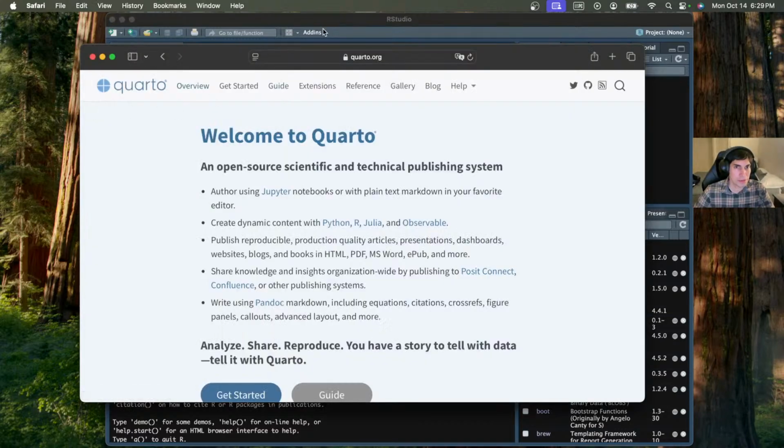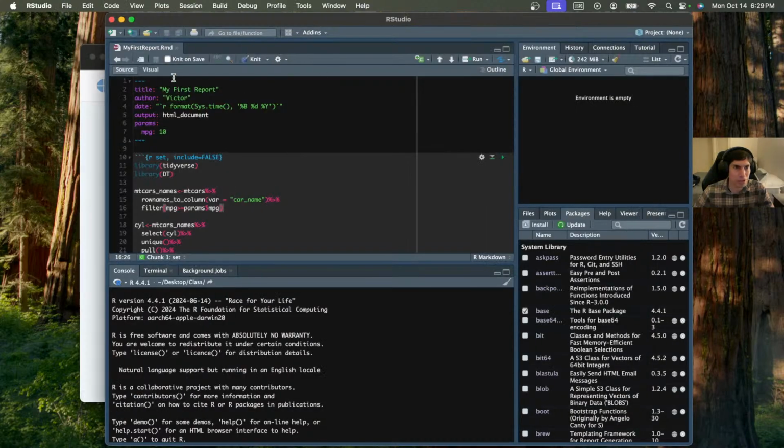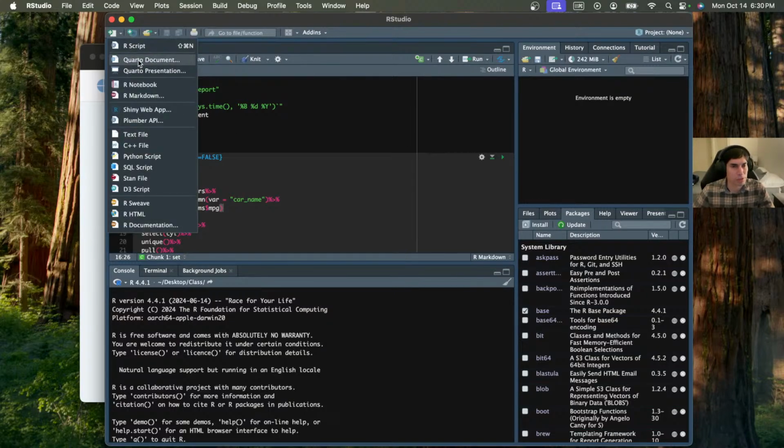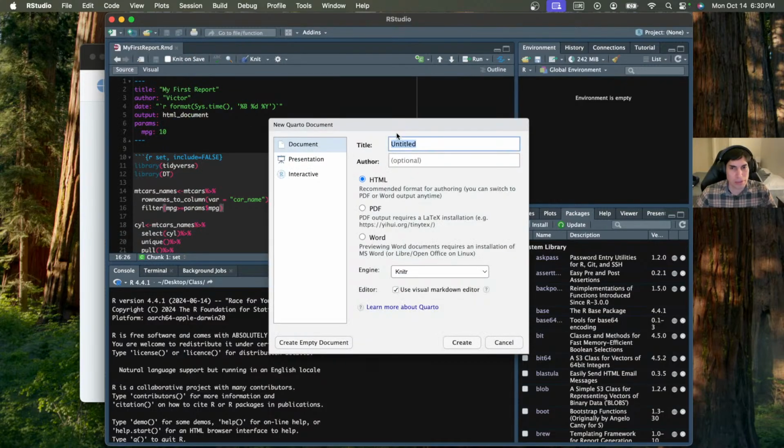Okay, so I've already opened here my first report, which was created with R Markdown. And what we are going to be doing is we'll create a new Quarto document. So we'll click here, Quarto document. Remember, you should have the latest RStudio. I think if you have a very old version, you may not see this. But yeah, click Quarto document, and then here in title, we will call it my